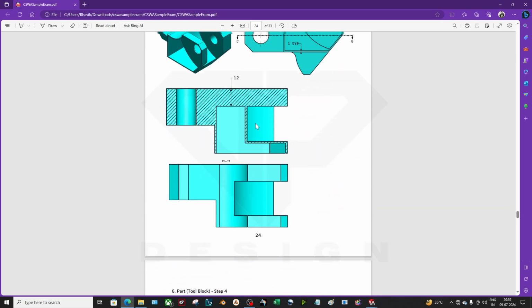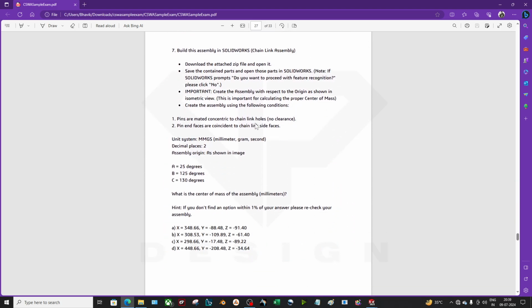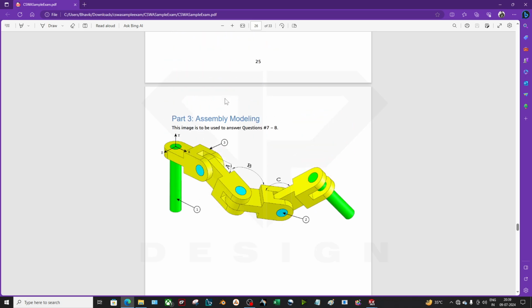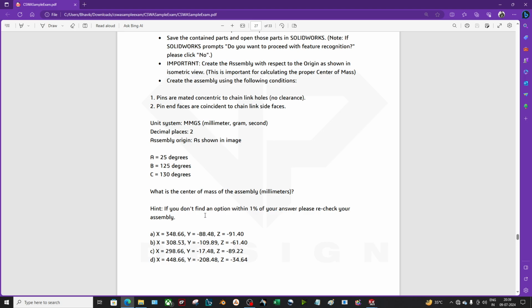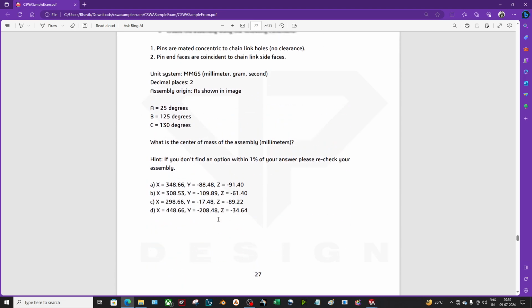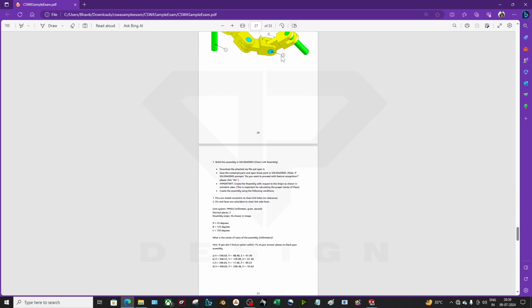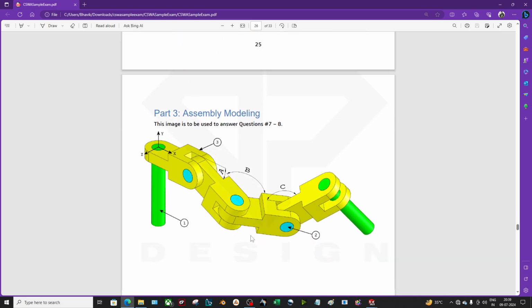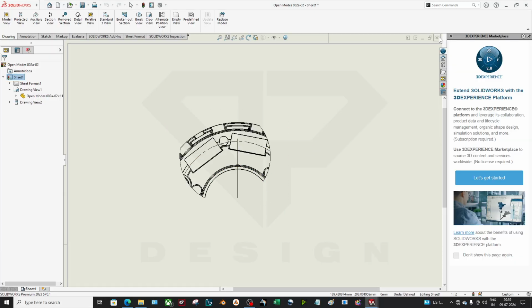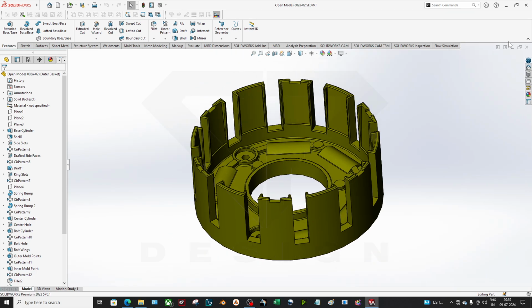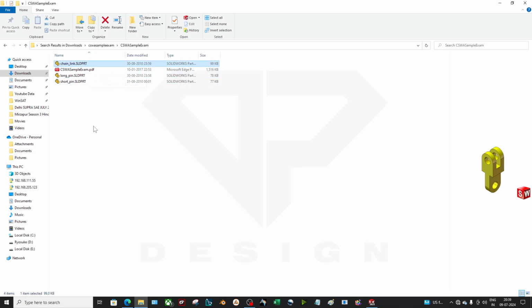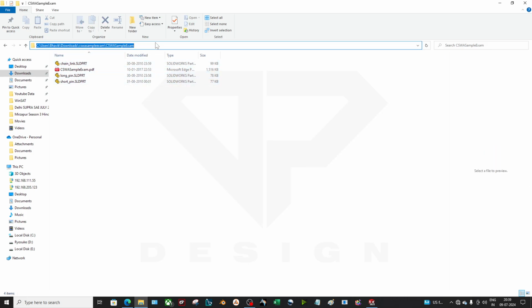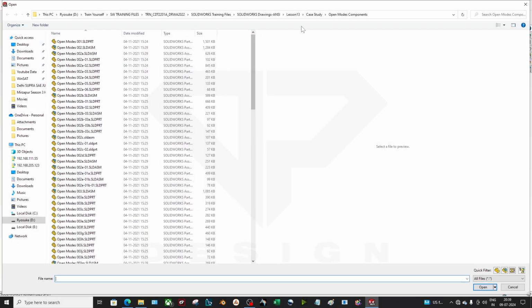Now coming to this part, we have already done it in the previous tutorials. For this kind of assembly, you have to define the center of mass of the assembly, and you have to find the coordinates. So how do you assemble that? I will just teach you how to assemble, and then you can find your final answer. I am closing this one. Now coming to the chain, long pin and short pin. I am copying this path and opening